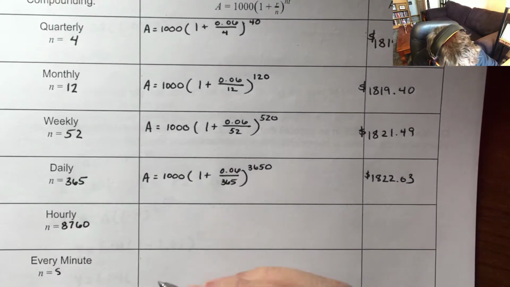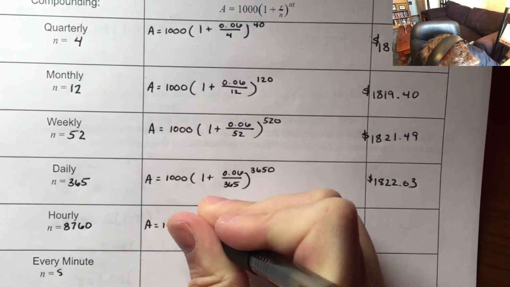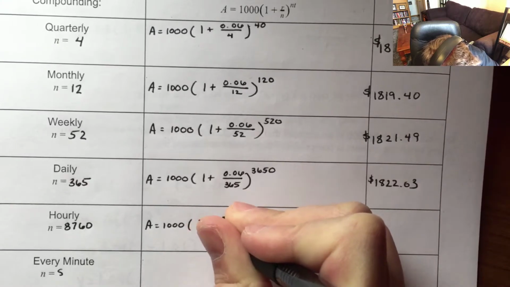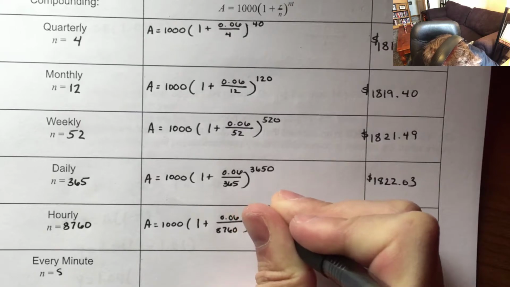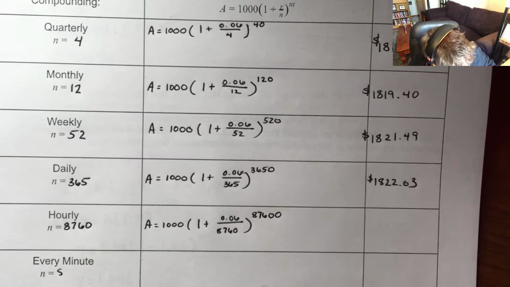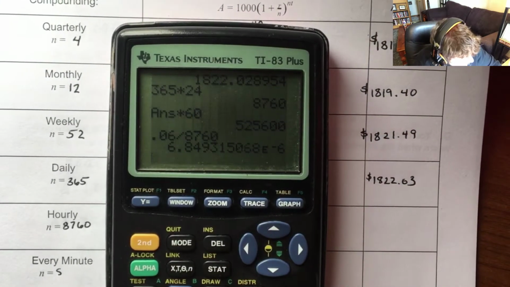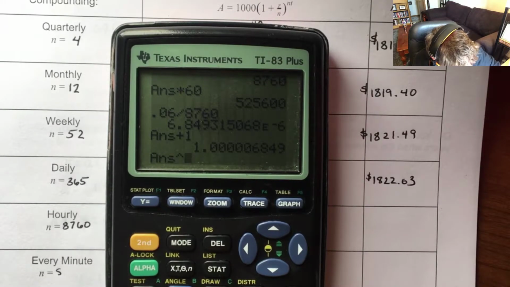All right, so then what we can do is say this is 1,000. My 6% divided by 8,760. Because we're multiplying it by 10. Okay, 0.06 divided by 8,760. Okay, really, really small number, and we're going to add 1 to it. Okay, then we're going to take that to the